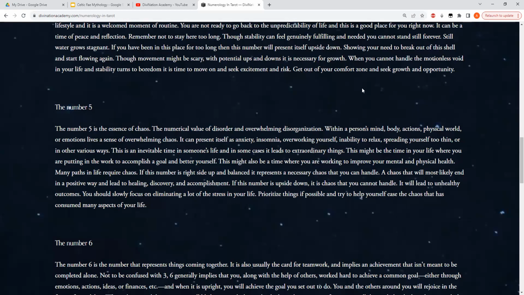Part of this class, we will be learning how to use dice in spell work, not just for divination. And when you put the 5 into all of your spell work, well, it might work, and things can get a little crazy. So anyway, the number 5 is the